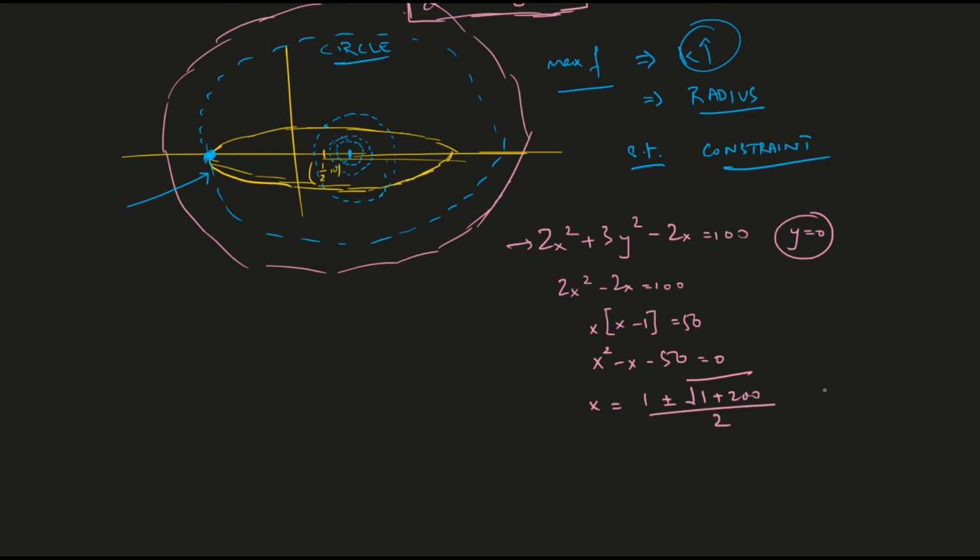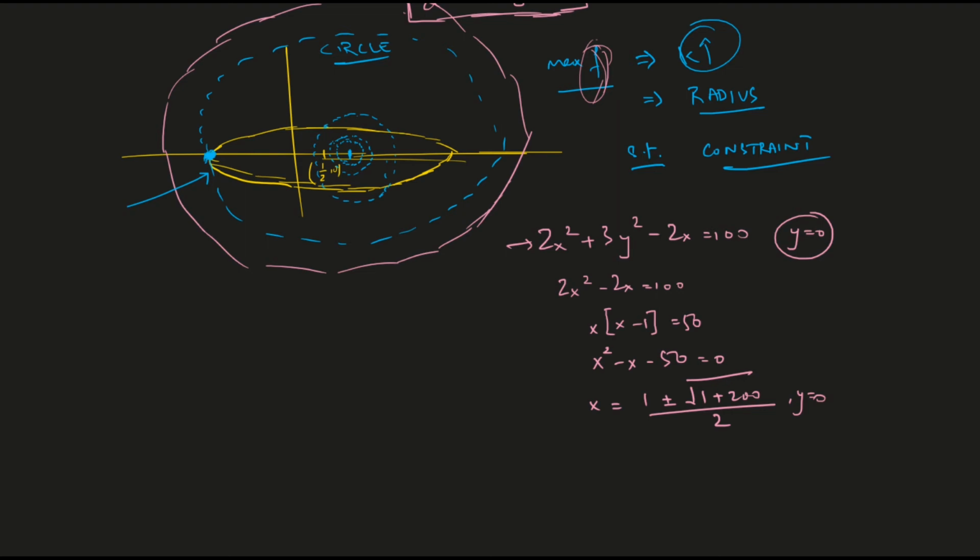Okay, so that's pretty much it. That's all that I can do right now to find the value of x. So for this value of x and for y equal to 0, if I substitute these values in my objective function, I would get the maximum value of the objective function, and that would solve part 1 of this question.